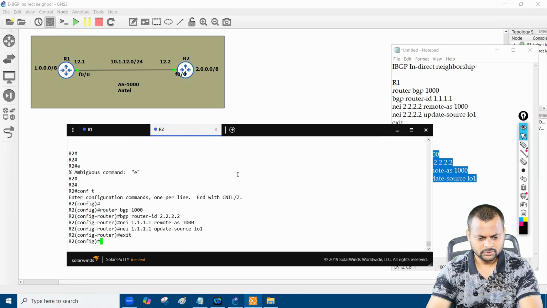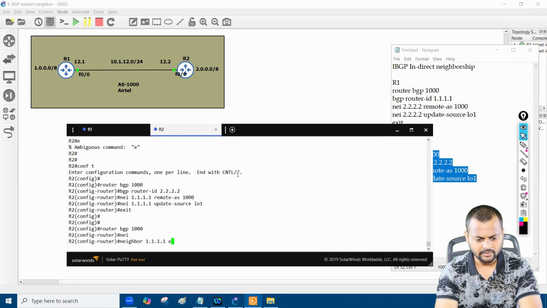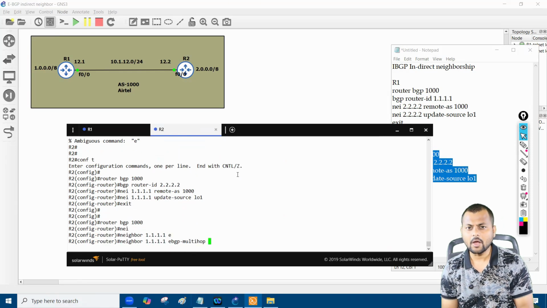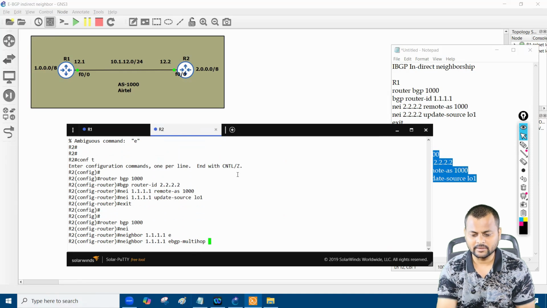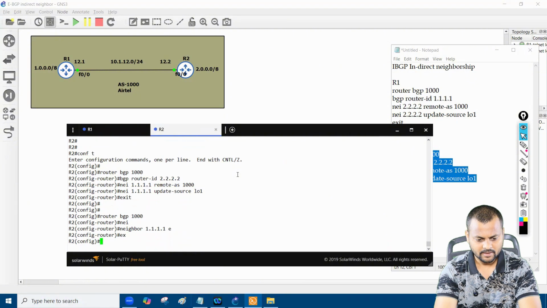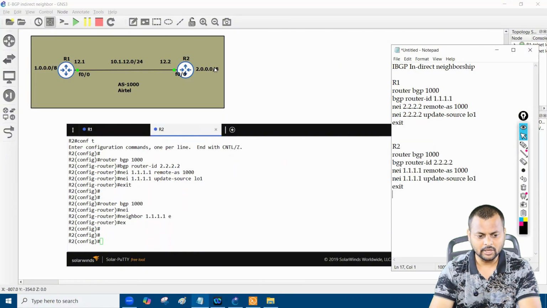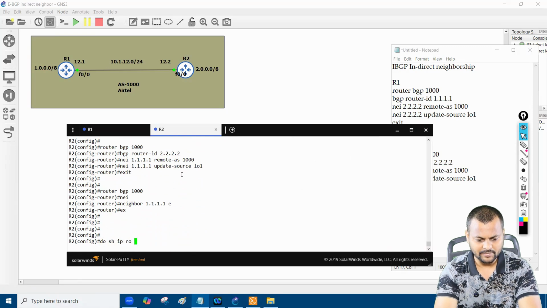All good. So if you see, router BGP number 1000, neighbor 2.2.2.2, we would have to put the eBGP multi-hop command. It's not required in the IBGP protocol because the default TTL is 255. Last but not least, we need to give the reachability between loopback to loopback, because if you see the show IP route, I'm forming the neighborship with 2.2.2.2. Do I have a route for it right now?